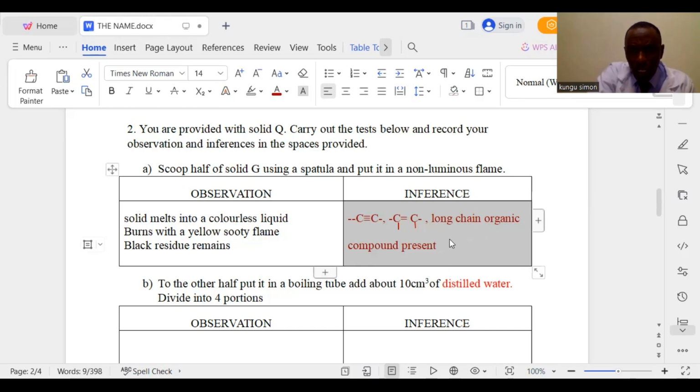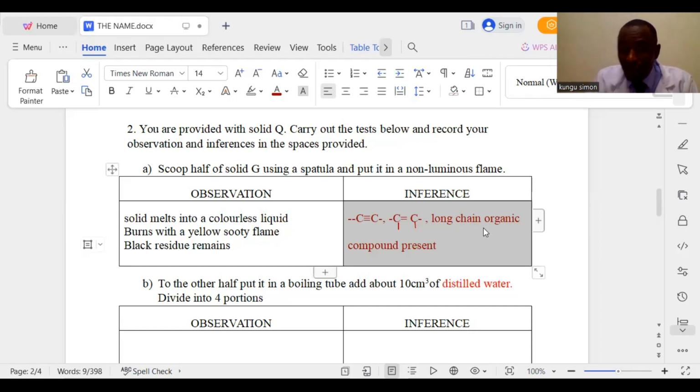mark here. This is a long chain organic compound. In most cases, when we are marking this, we may not necessarily need it. Sometimes, mostly we're going to put this too, but it's not a problem if you include the long chain organic compound. And actually, I've noted that in most cases, some of the students, every time they see a sooty flame, they will confirm in their mind that maybe the double or triple bond is there, but